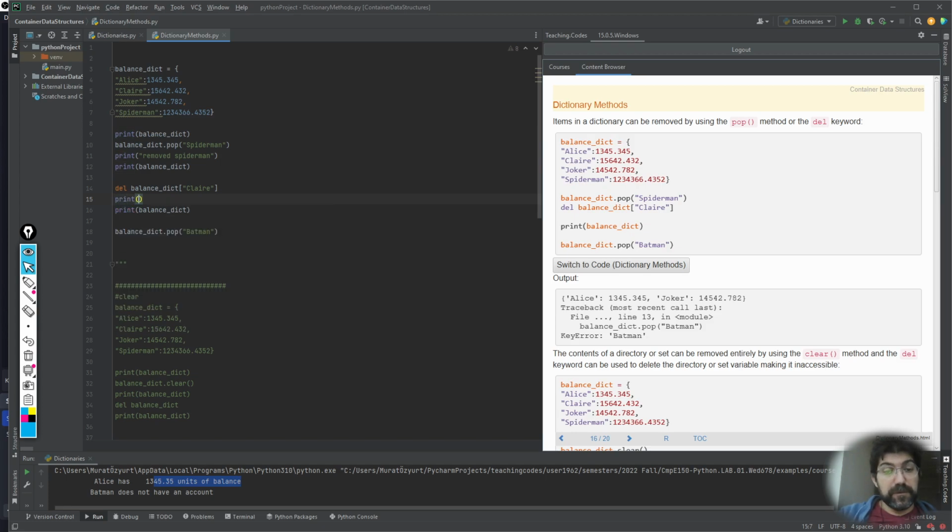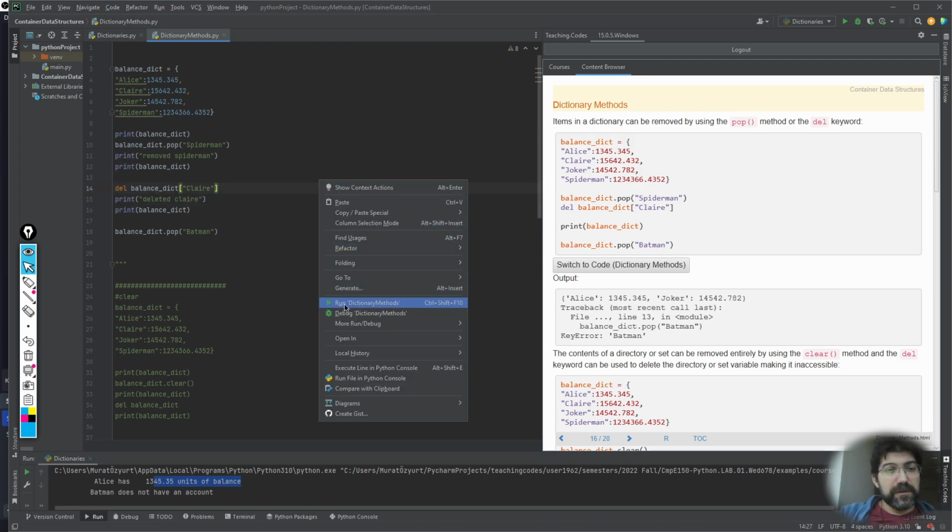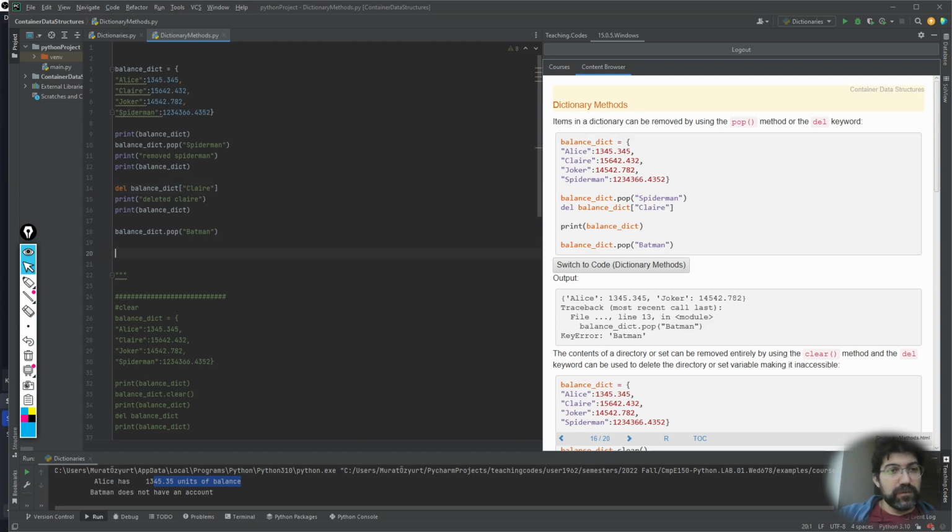Print deleted Claire. Okay, and let's execute this. And let's also pop Batman, print balance dictionary. And when we run this example,